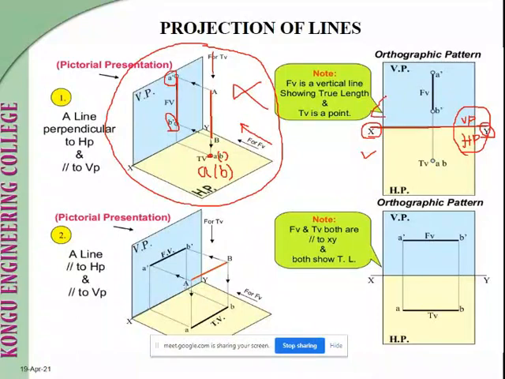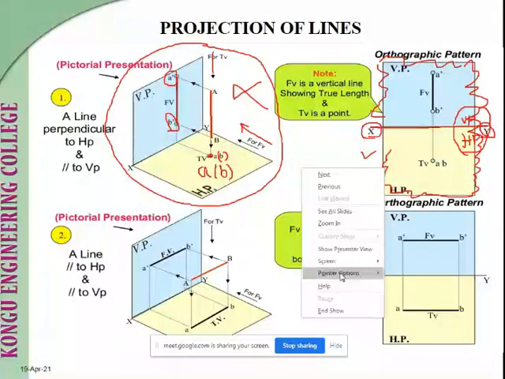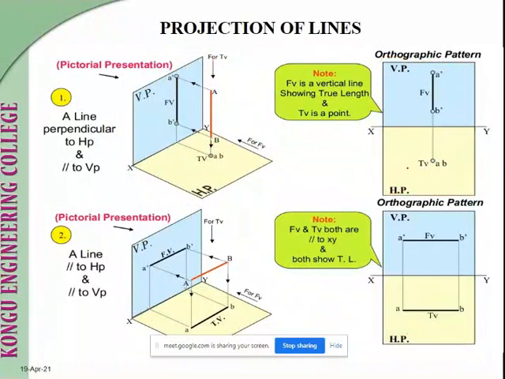Okay, so these outlines are not necessary. In the outline la தேவையில்லை. Clear? So just you have to mark the horizontal line and you have to mark X and Y. Also you have to mark it as VP and also HP. So after that you can start your problem. That means you have to draw a vertical line. So that is our front view.